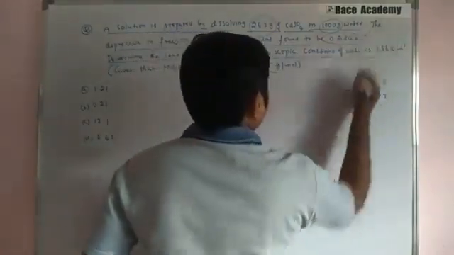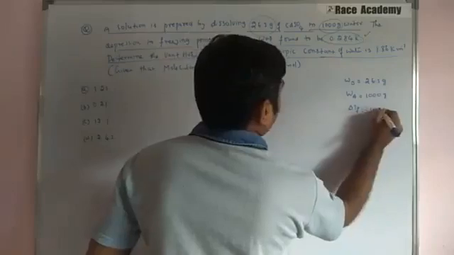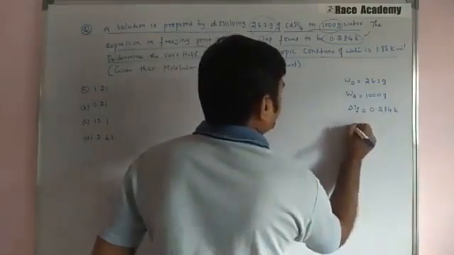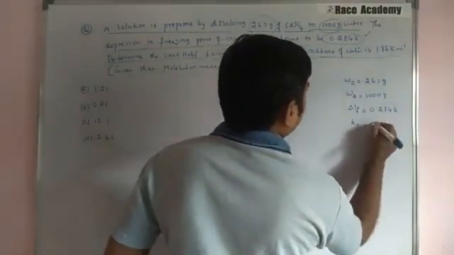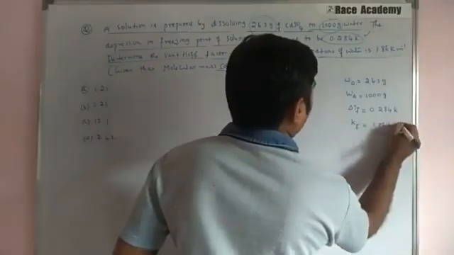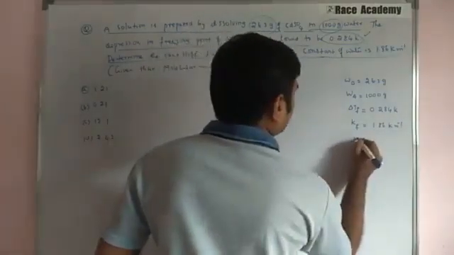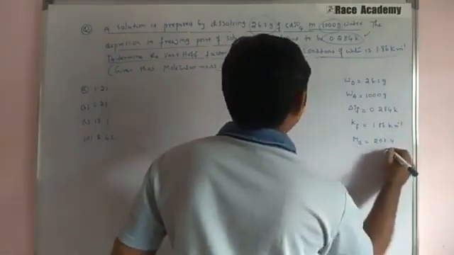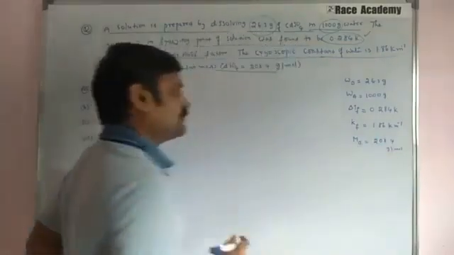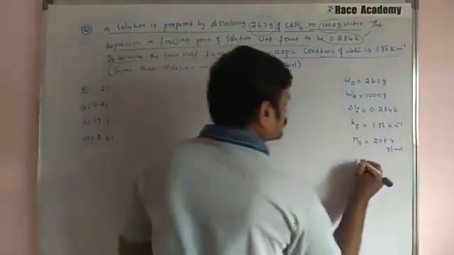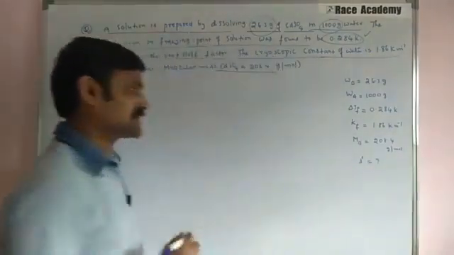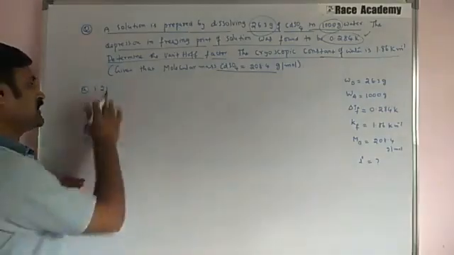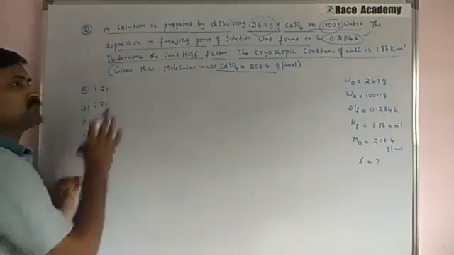Another value given is delta TF, 0.284 Kelvin. They also give the depression constant Kf equal to 1.86 Kelvin per molality, and the molecular weight of cadmium sulfate is 208.4 grams per mole. So the aim of the problem is to find the I value. You have to find the I value and check it against the right option. We don't know which option is right until we do the calculation.